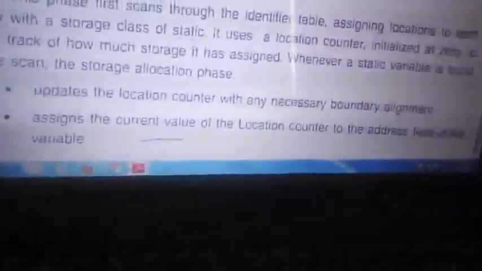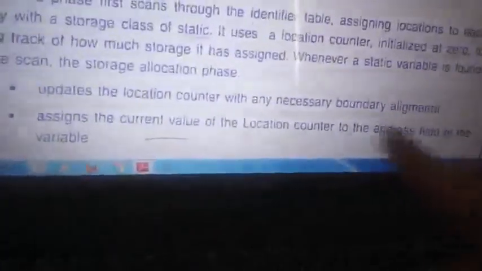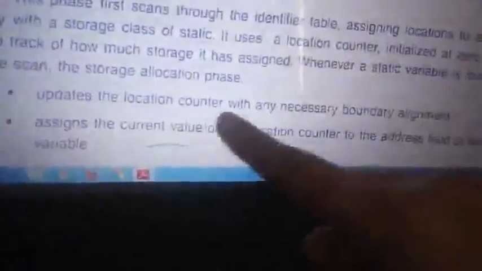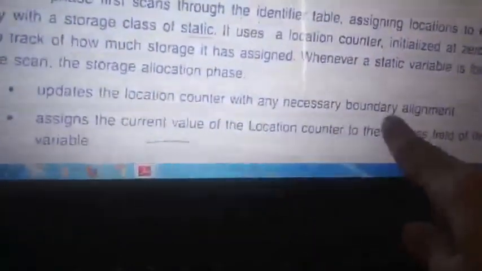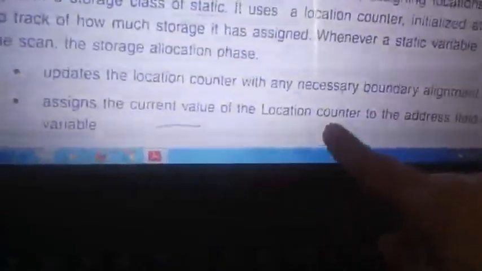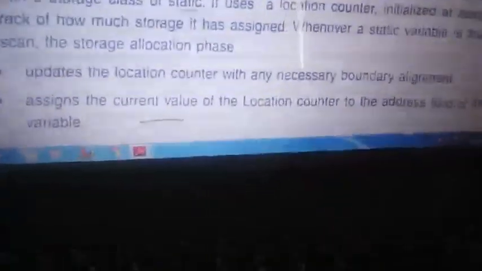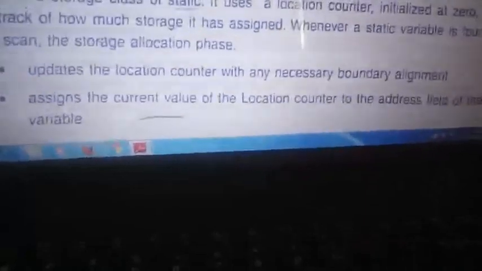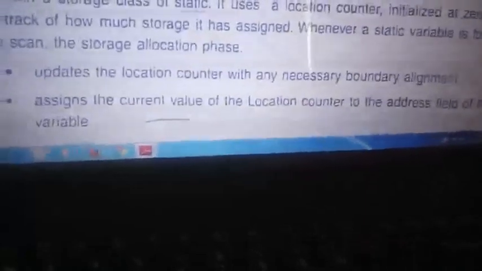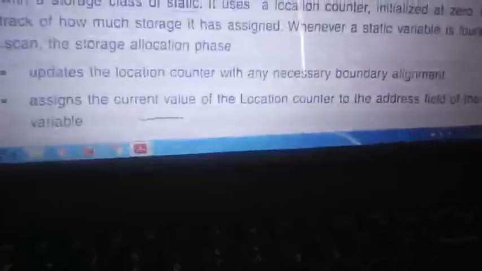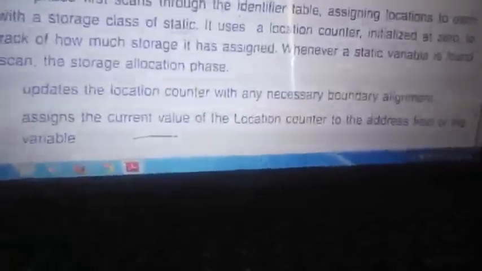So what is the algorithm, how will it execute? It will check the identifier table and check its boundary. Boundary means the data type, the limit, how much storage is required, and where the value of the LC should be pointed. Means if it is an array, then if you write A of 100, it will be 100 locations to be assigned, and the pointing should be on the first element of the array, that is A of 0.